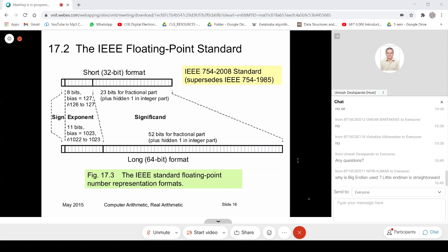So for the real part, that is on the left hand side of the decimal, we know how to get a binary equivalent of that. How do you get a binary equivalent of the fractional part? That is something on the right hand side of the decimal. So how do we get a binary equivalent of that? So let's say I want to just have 0.43. How do I get a binary equivalent of 0.43? Any ideas?